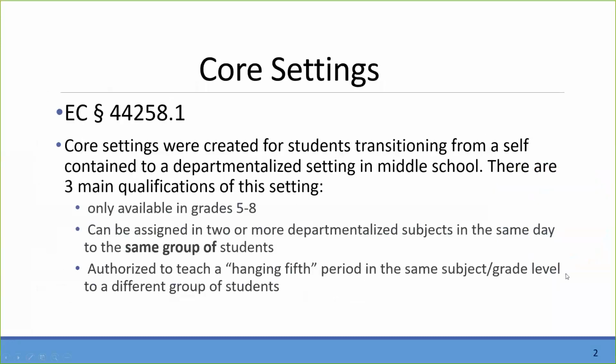Before we get started, we've had a lot of questions in some of our other presentations about one of our new areas for an attribute. It's in both the CalSAAS system, and it's also now going to be in the CalPAD system as a selection for explanation on certain assignments. And that new attribute drop-down selection would be course settings. Course settings occurs at the middle school level in grades 5 through 8. I'm just going to give you the briefest introduction to course settings and what they are and give you some examples. So course setting is in Education Code 44258.1.